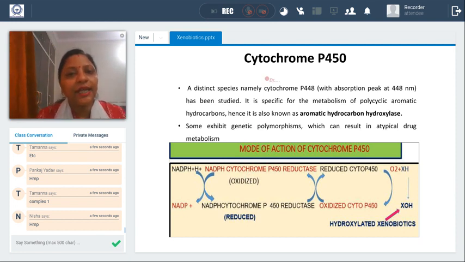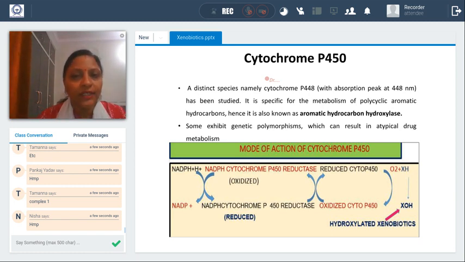A distinct species, namely cytochrome P448, with absorption peak at 448 nm, has been studied. It is specific for the metabolism of polycyclic aromatic hydrocarbons, hence it is also known as aromatic hydrocarbon hydroxylase. So which one is aromatic hydrocarbon hydroxylase? Please write in the box. P448. Some exhibit genetic polymorphism which can result